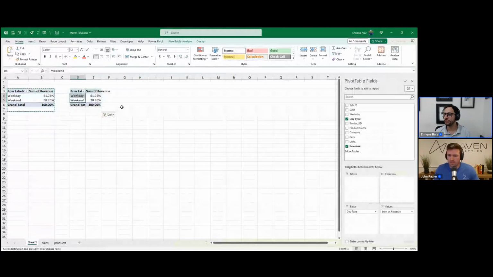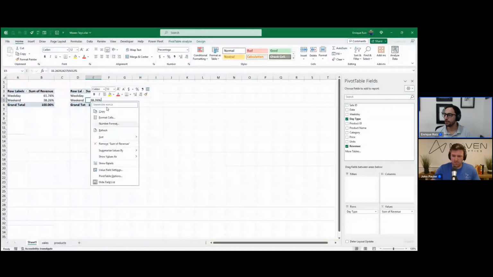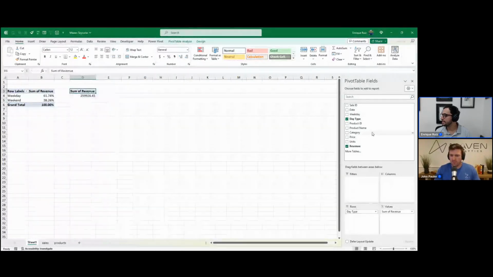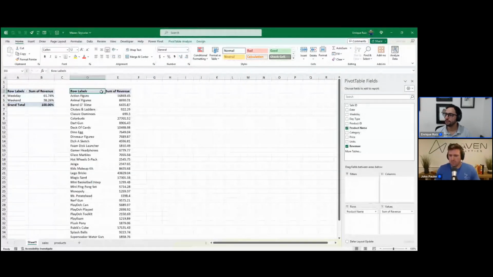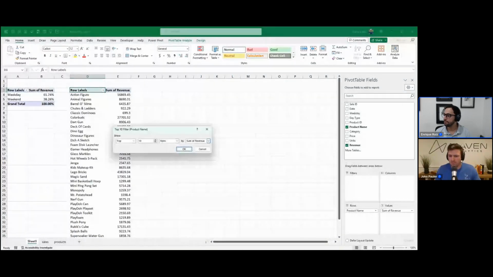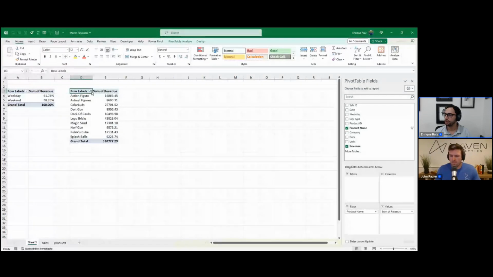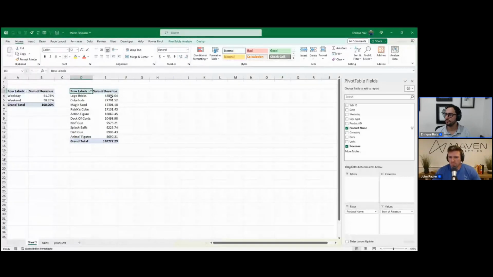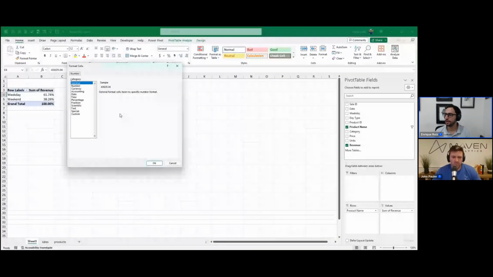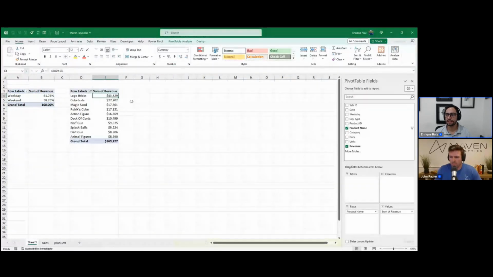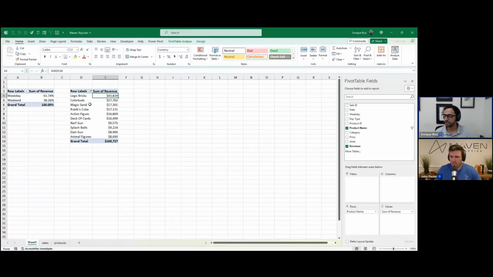And now maybe we want to see what our top selling products are. So let me go back to no calculation, remove the day type, bring in my product names, and then just filter for the top 10 by revenue. And then let's just sort these in descending order by the sum of revenue. And just like that, we've got our top products. Again, let's maybe format this as currency. And there we go. So Lego bricks is our best seller, followed by collar buds and then magic sand.